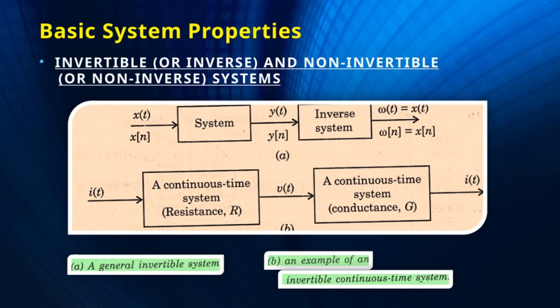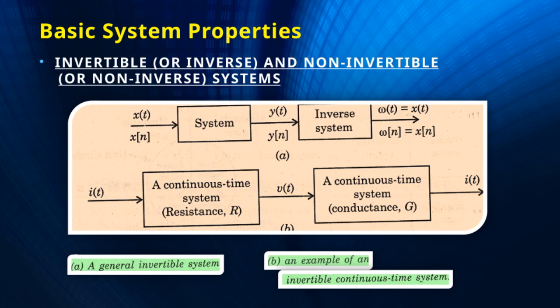On the other hand, non-invertible systems don't have this property. Multiple inputs could lead to the same output, making it impossible to uniquely determine the input just from the output. Now, understanding whether a system is invertible or not ties directly into its basic properties. For example, properties like linearity and time invariance can influence invertibility. If a system is linear and time invariant, we can often analyze its invertibility more straightforwardly using tools like the system's transfer function.